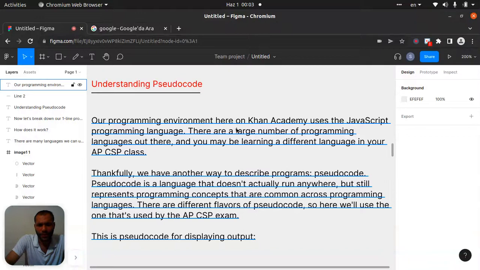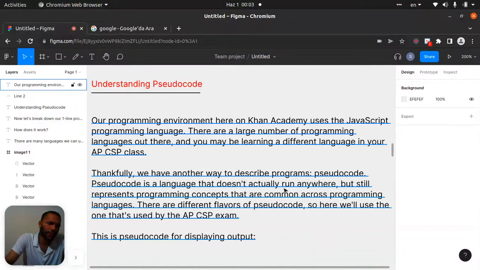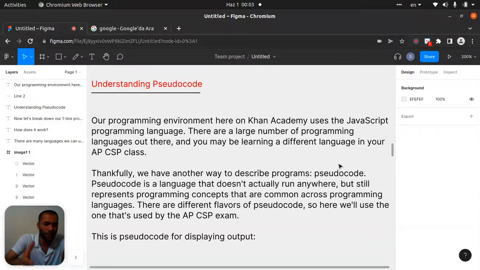Our programming environment here on Khan Academy, I told you I get all information from there to make videos, uses the JavaScript programming language. There are a lot of programming languages out there, and you may be learning a different language. Of course you learn Python with me more. We will work on it. Also, I can teach you JavaScript a little bit.